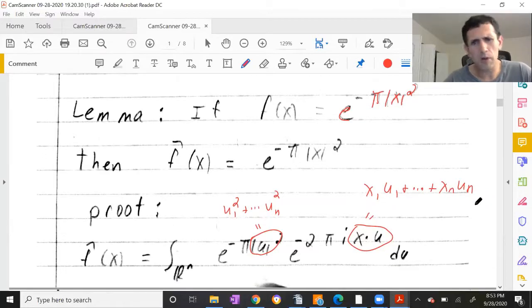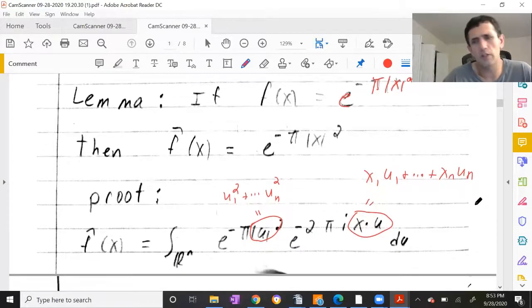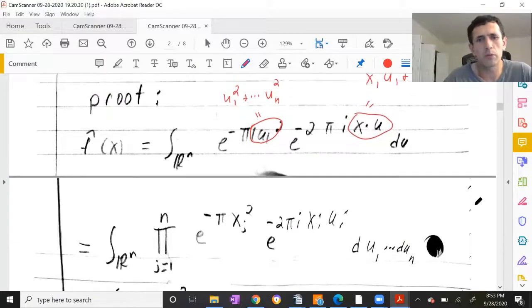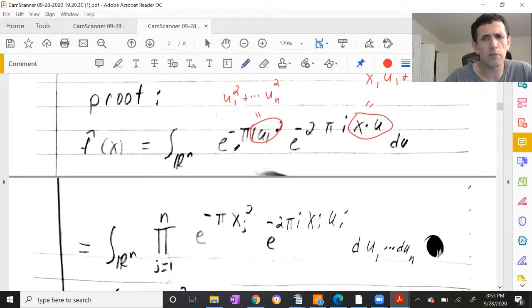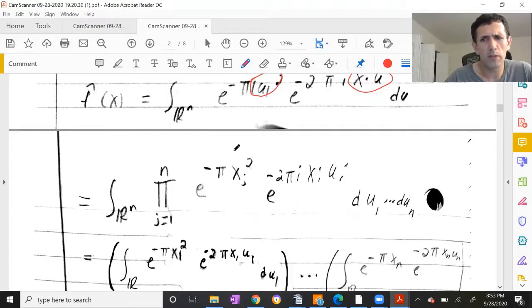All right, so use the properties of exponentials, and this is why this is very amenable to complex analysis, particularly contour integration. Well, it just becomes this product here. When you integrate, you can do this in any order. Fubini's theorem. This is obviously L1 here. So this is just going to be the product of these one-dimensional,